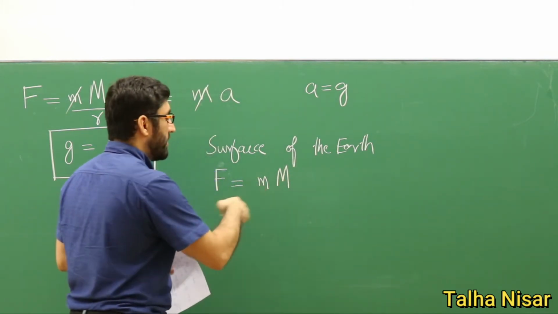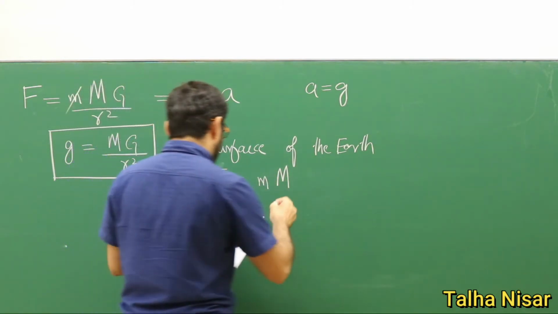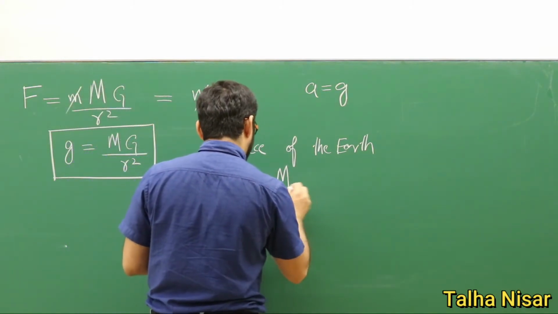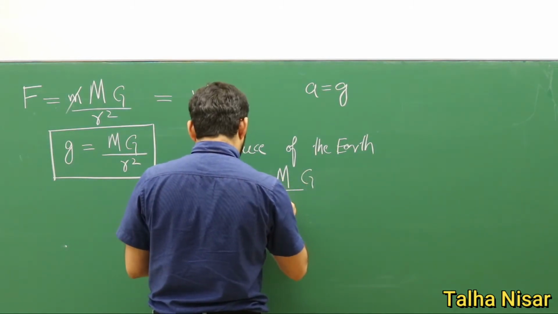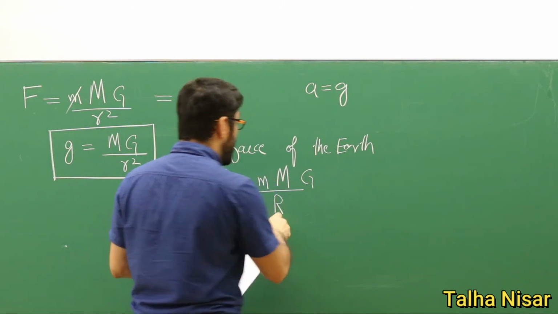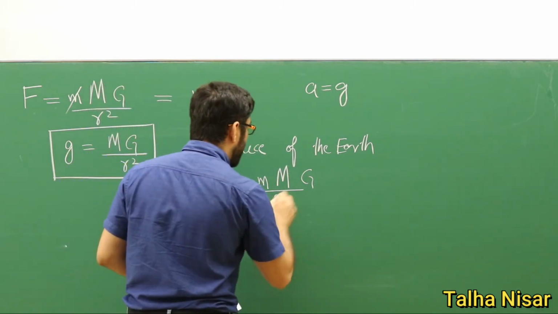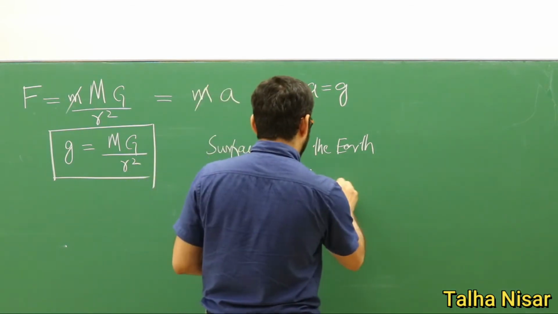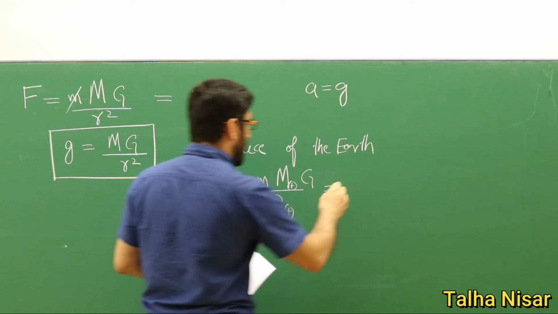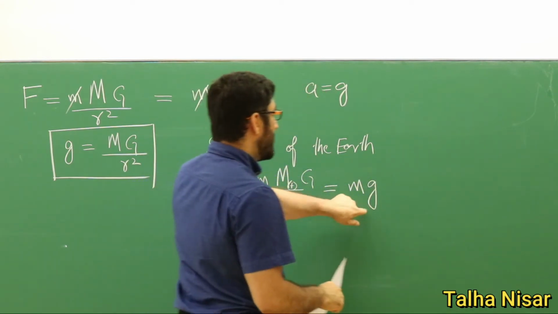The small mass can be any object, for example my body or anything. We have the radius of the earth if we are on the surface of the earth, and we usually use this sign here for the earth. As we know, this is equal to mg, and the g we can write